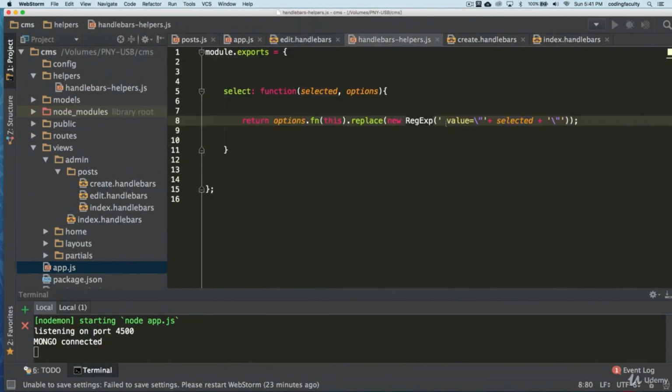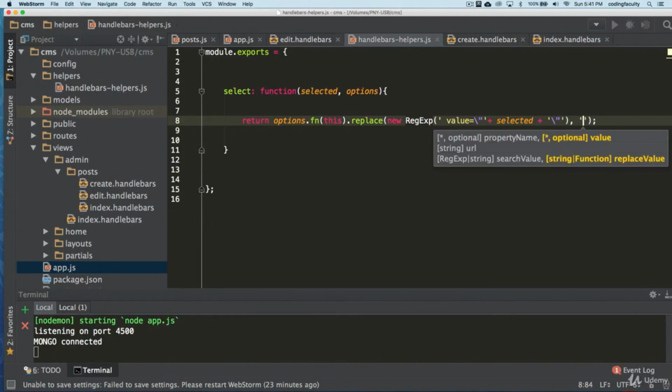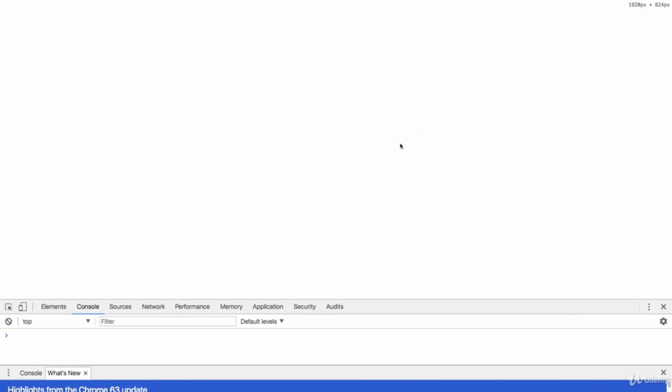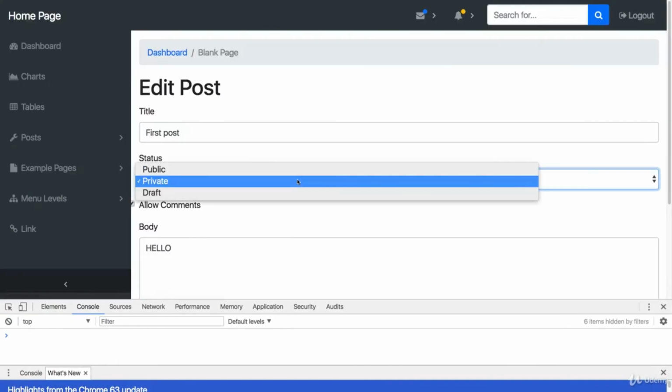And now the second parameter here should be, let's just put it right here, the last match. And again, this has to do with regular expressions. What is it? Dollar sign, ampersand. There we go. And selected. Let's do double quotes here, selected. Let's see, refresh. You have to refresh a couple of times sometimes.